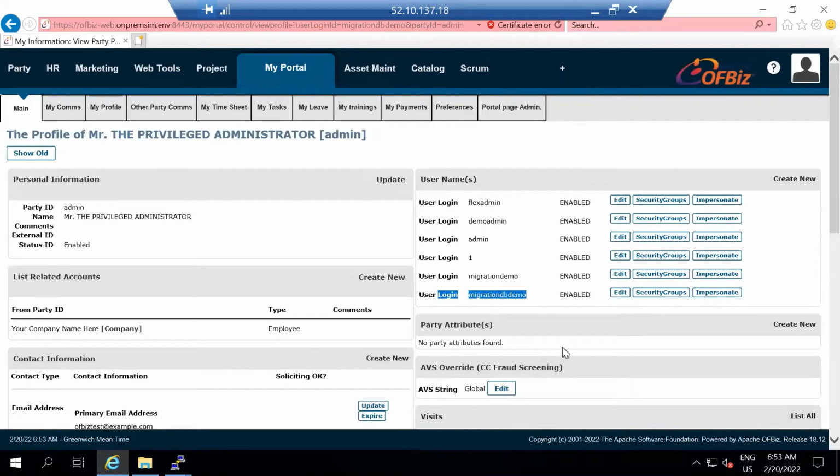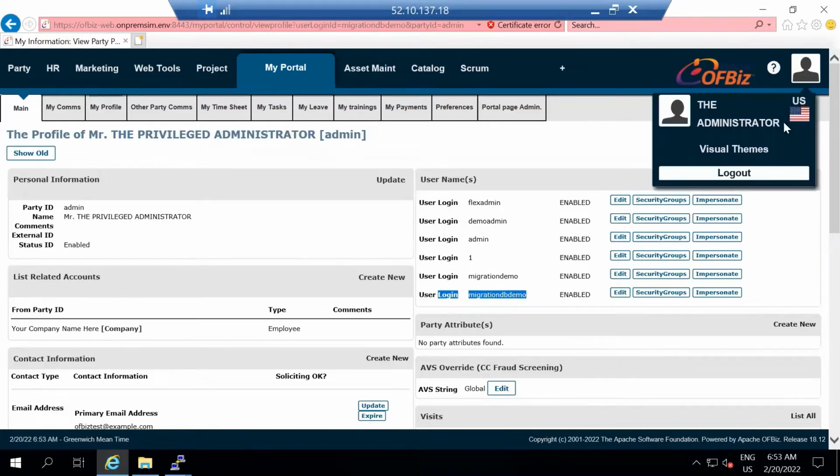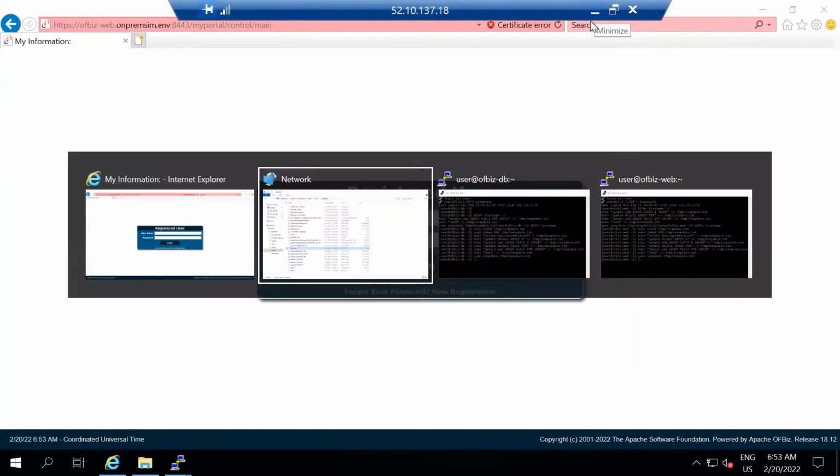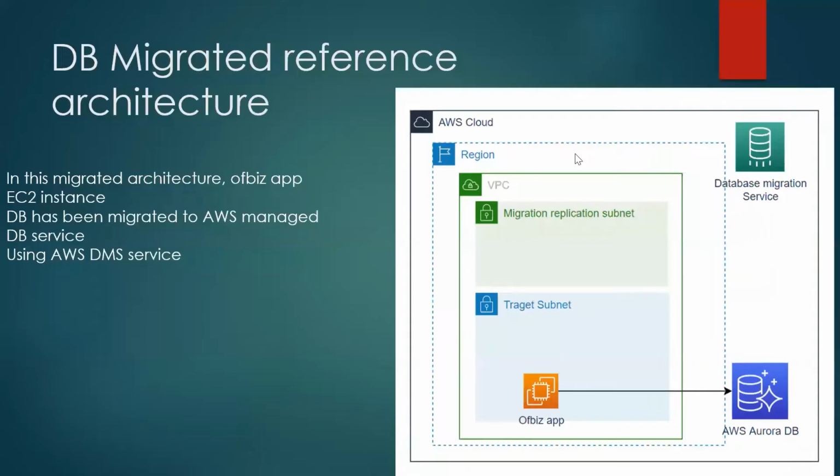We can see the same once database is migrated. So as of now, let's log out from this application. Let's move forward to our